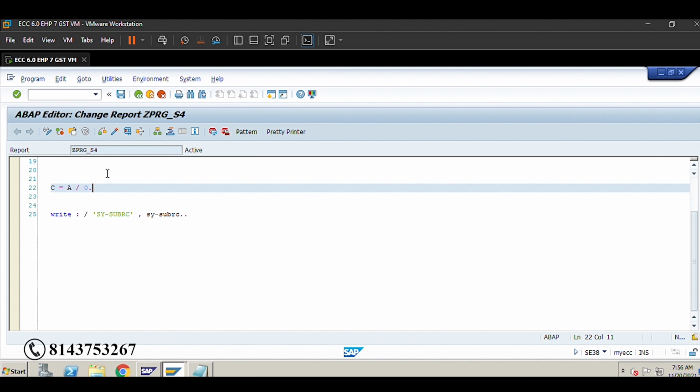Anyway, we will see later how it will give 8 and 4 in a later program as well. So for now, sy-subrc will hold whether the previous statement is executed properly or not. We will use it in our program. Okay. Everyone got clear, right?